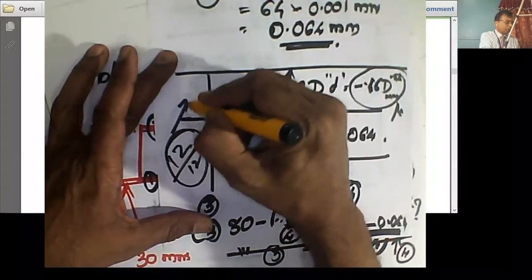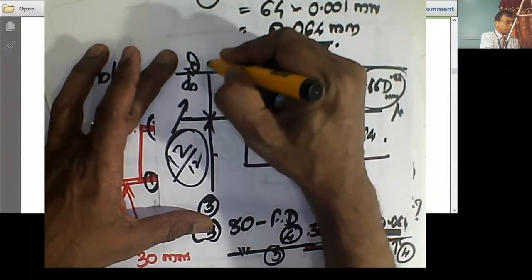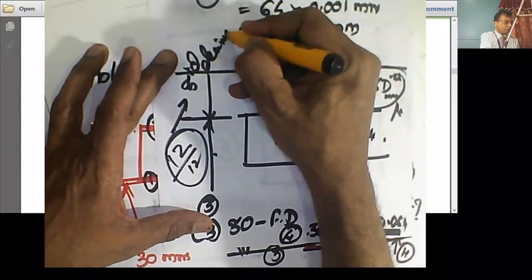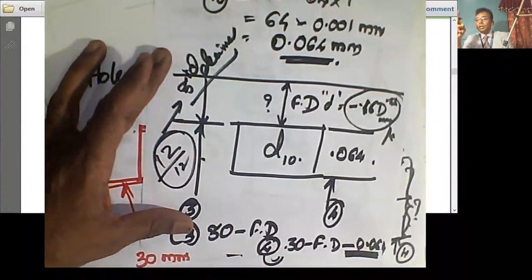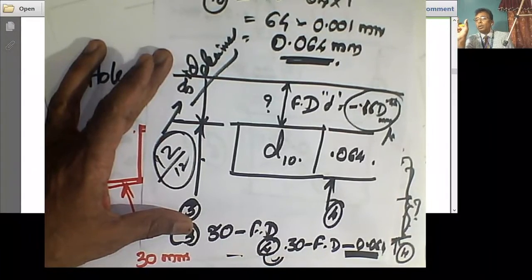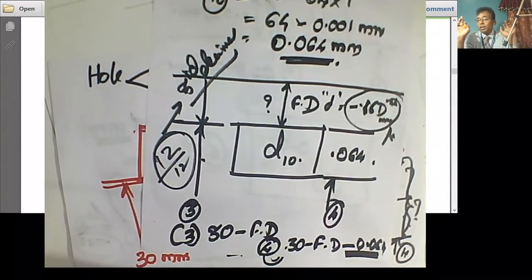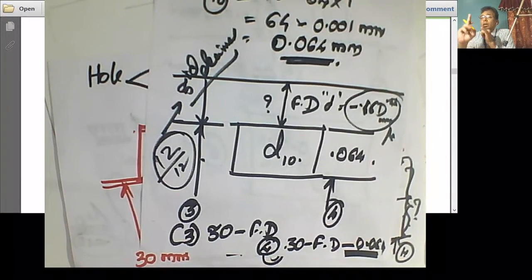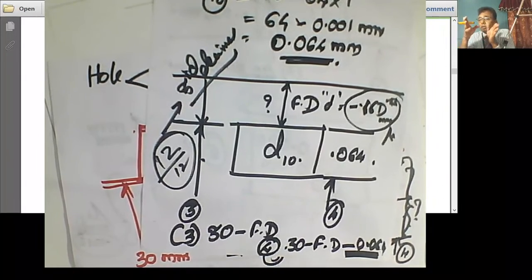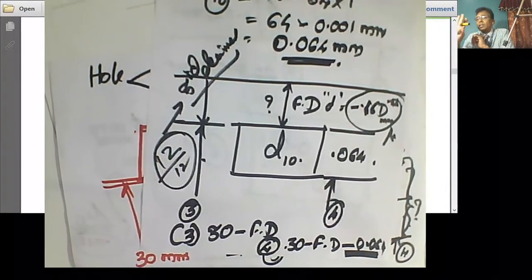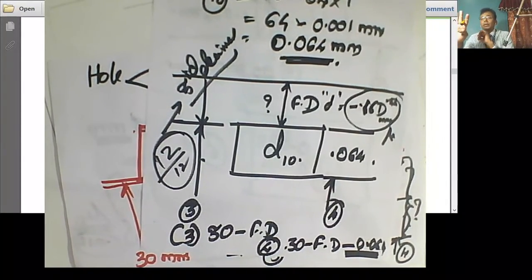See that you reach the third decimal all the time. Don't shortcut or reduce the value. Otherwise all values will tend to 30. That is a blunder mistake that you make. Please don't round off to second or first decimals. Reach up to the third decimal in case of limits, fits and tolerance. For gauge design, you need to reach up to the fourth decimal. Always please see that you do this.